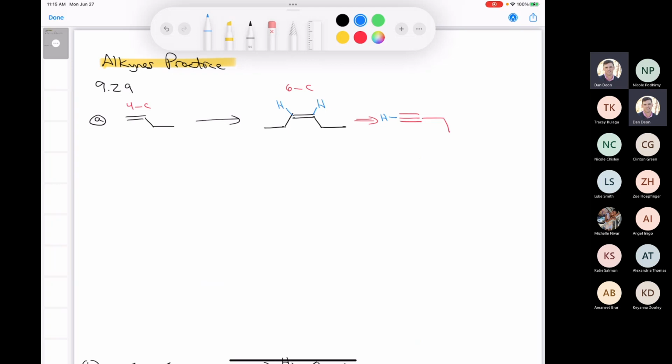So that means that we're going to have to take this, treat it with sodium amide in the first step, and in the second step, we treat it with ethyl iodide. Now the question becomes, how do we go from 1-butene to 1-butyne? Well, we only know one way to make an alkyne, and that is from a dihalide. We don't know how to make,